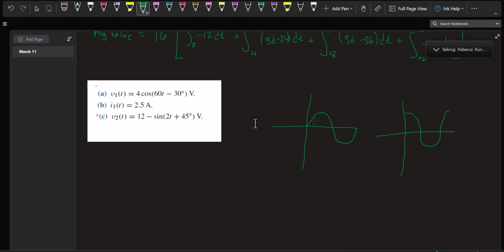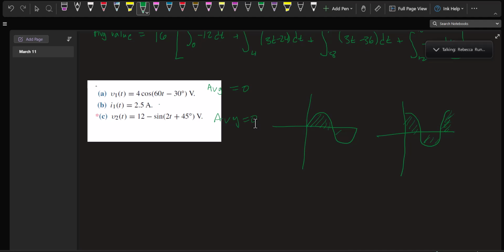What is the average value of this function going to be if I take the total area under the curve and then divide by 2 pi? What's that going to give me? 0. So the average value is going to be 0,